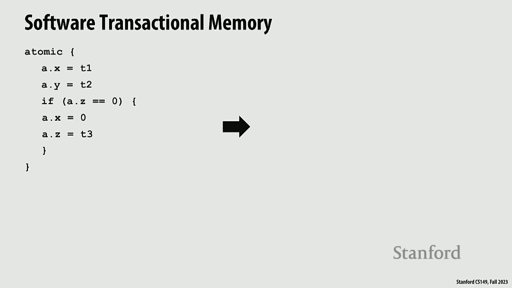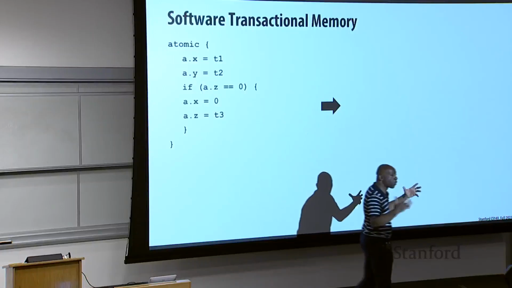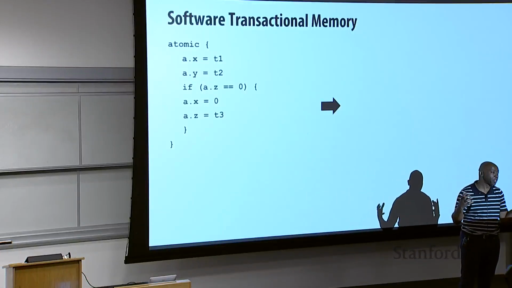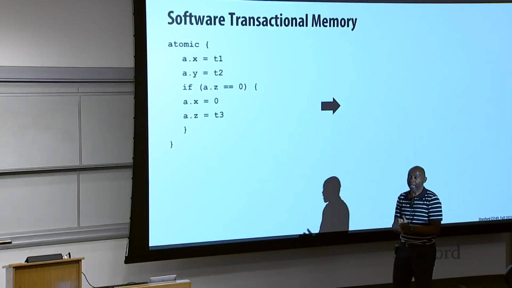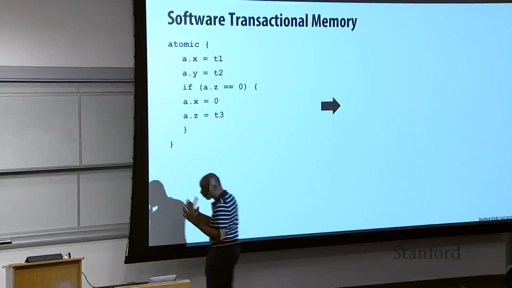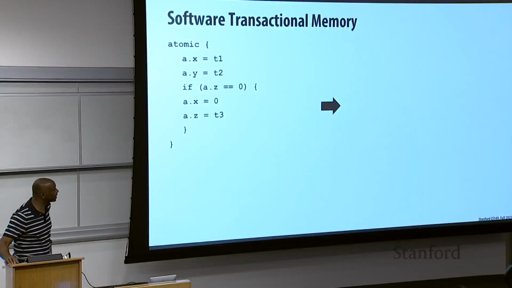Okay, so let's start by looking at software transactional memory implementation. And this is a canonical way of implementing a transactional system in software. It's applied in this situation to transactional memory, but you could imagine implementing something like this for other cases where you wanted to keep data consistent in some manner. All right, so